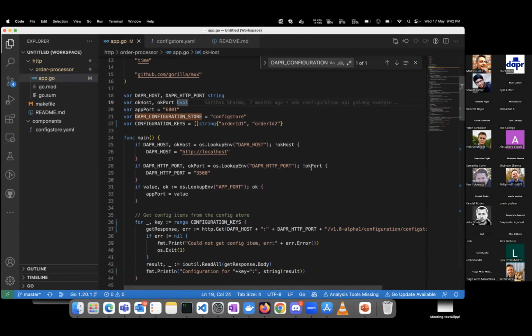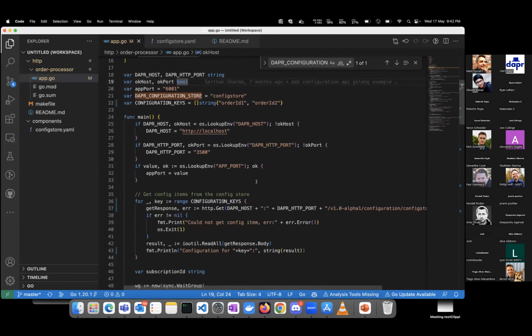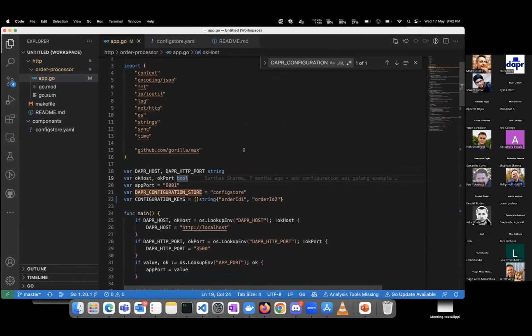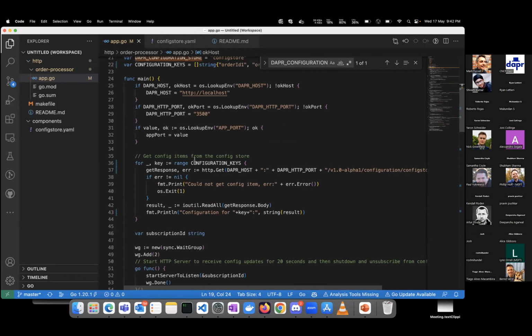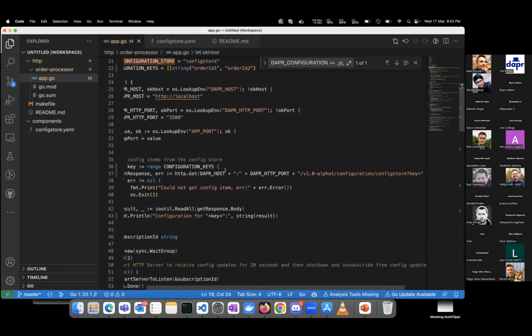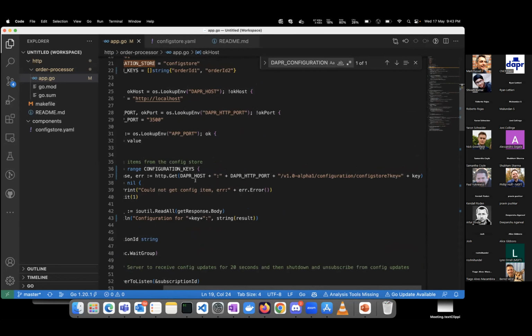So I'll first give a brief overview of what exactly this application is doing. This is just a normal Go application. Initially, it tries to fetch some keys from the configuration store. Now you can see, to get a value from the config store, what you